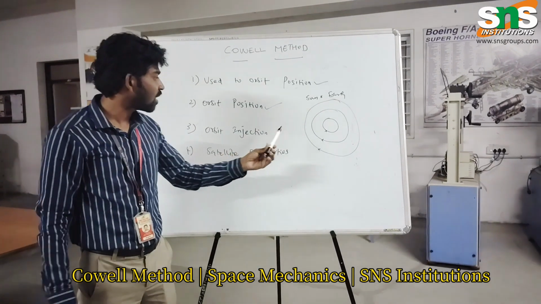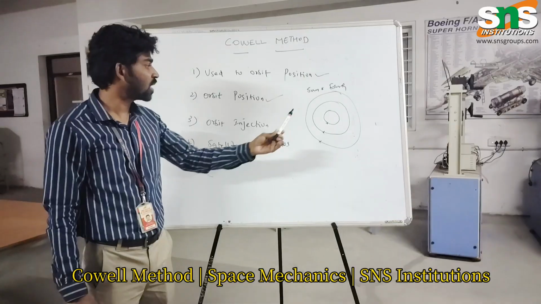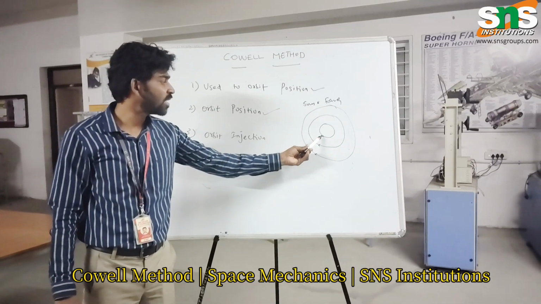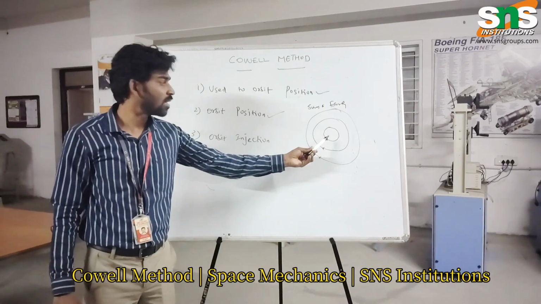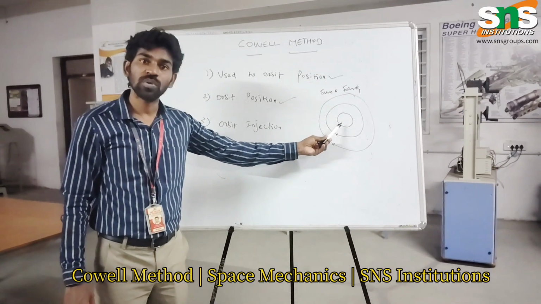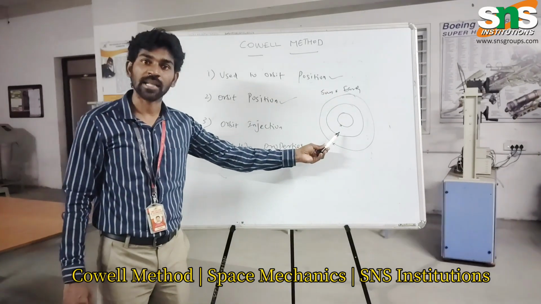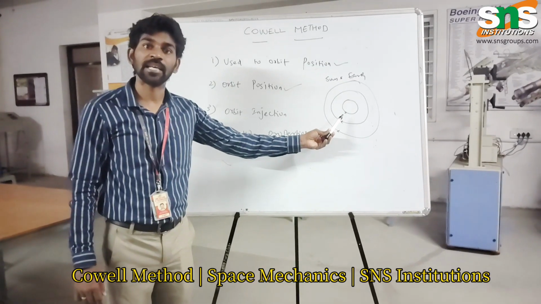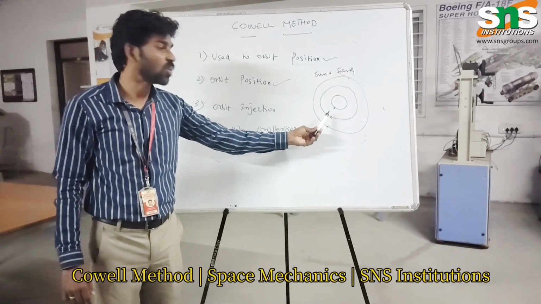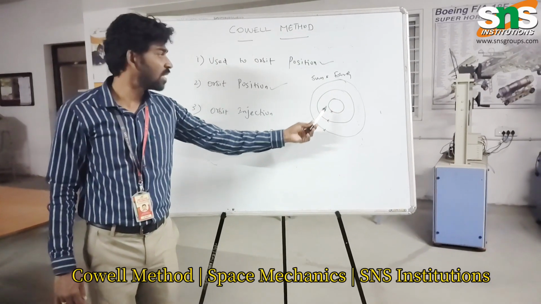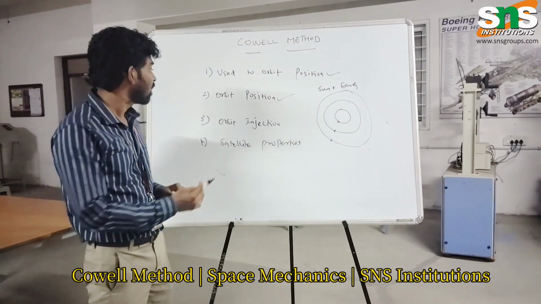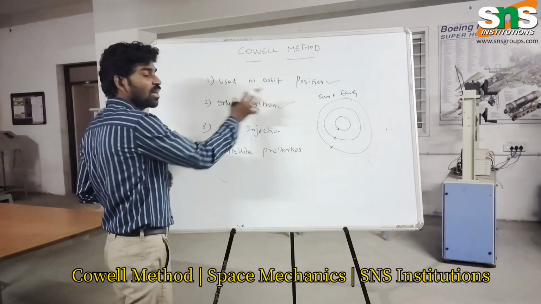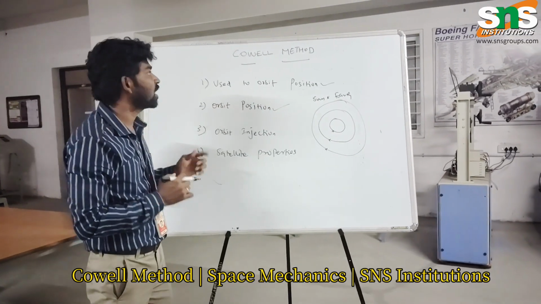If the satellite, the desired object, is in the first type of orbit, then how will it be transferred to another type of orbit with or without being affected by any other external phenomena? So in this sun and earth surface movement, the orbit positions are well defined by the Cowell